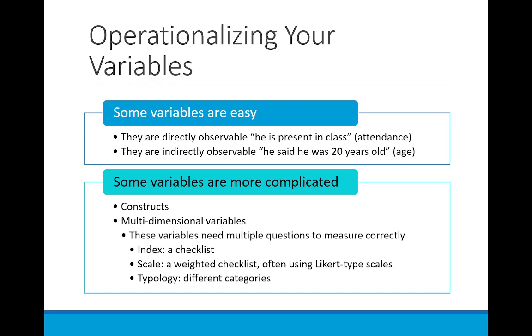Some things are easy, like attendance in class or age, directly observable, but most things that we're doing in the social sciences are more complicated and multidimensional, and we need multiple questions to measure them, like a checklist of many different related issues, a scale. Here it says Likert scales. Likert scales are usually a scale of 1 to 5, although it could be 1 to 7,